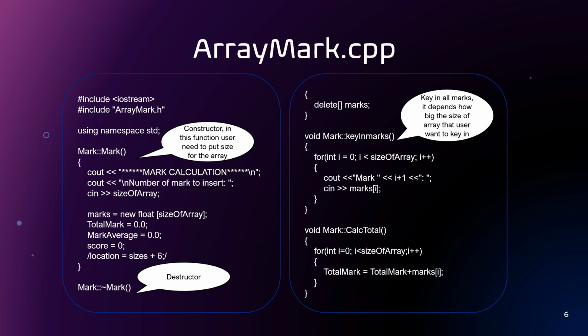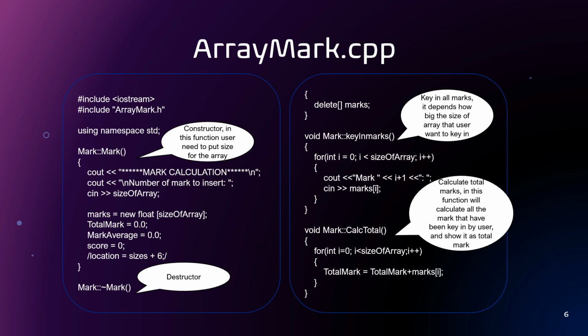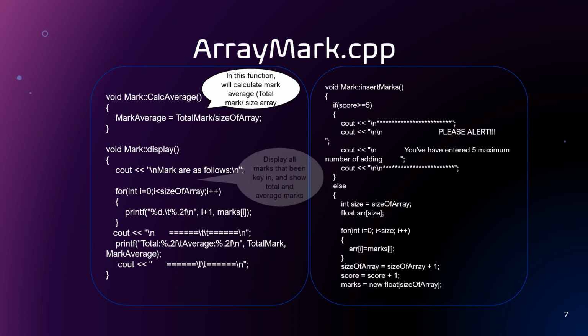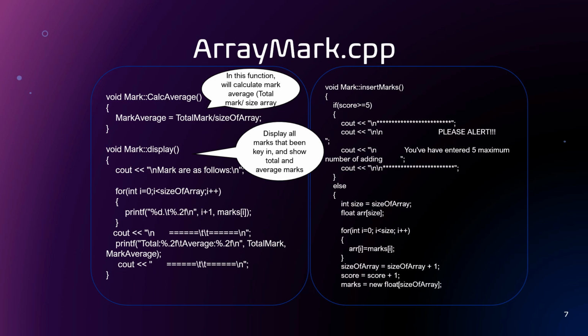want to key in. For the calculate function, this function will calculate all the marks that have been keyed in by the user and show it as the total mark. For the calculate average, this function will calculate the mark average. The formula is total mark divided by size of array, and it will display the calculated average. For the display function, it will display all marks that have been keyed in and show the total and the average